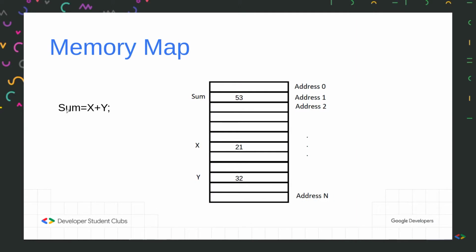So now when I write sum is equal to x plus y, there's an operation being performed, and now the integer sum of 32 and 21 has been overwritten in the location pointed by sum. So sum's location has the number 53 now. My objective was to show you how we deal with the memory, and this is really important because in C++ we'll be using concepts like pointers and dynamic allocation, where we'll be dealing with memory.